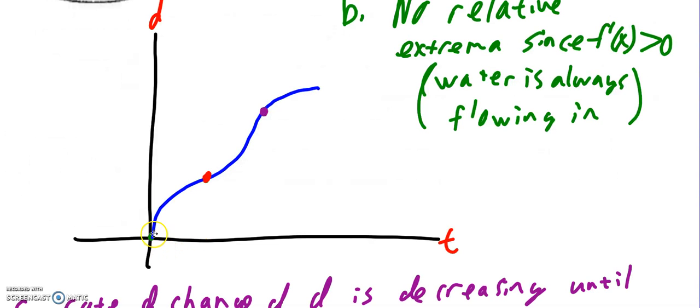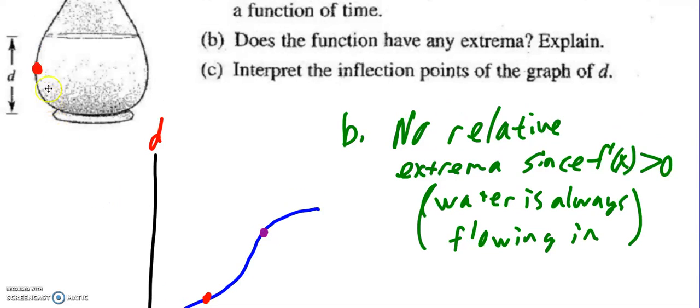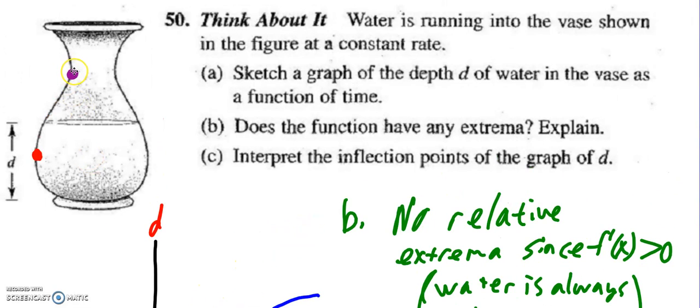Again, this is not perfect, but our graph should have something like this kind of shape. And so we have these two inflection points. So here's our first inflection point, where the water is increasing, but it's increasing at a decreasing rate because the vase keeps getting wider and wider and wider. But then once you hit this point, that's that inflection point, now the vase is getting narrower, so the depth is actually going to increase quicker. So now the concavity switches from concave down to concave up until we get to this part of the vase where it's at its narrowest,